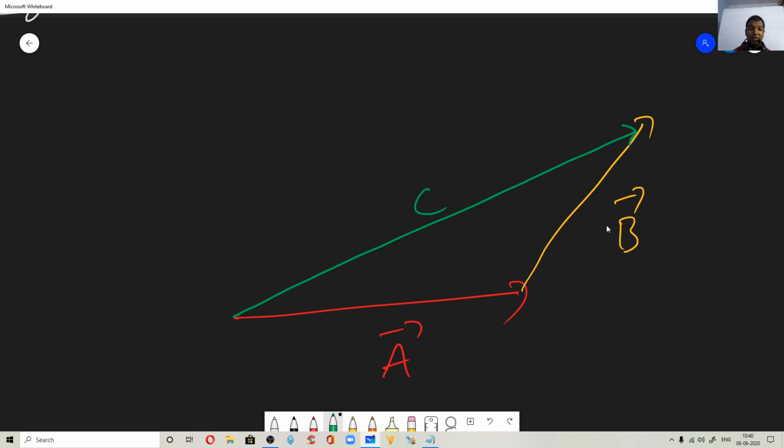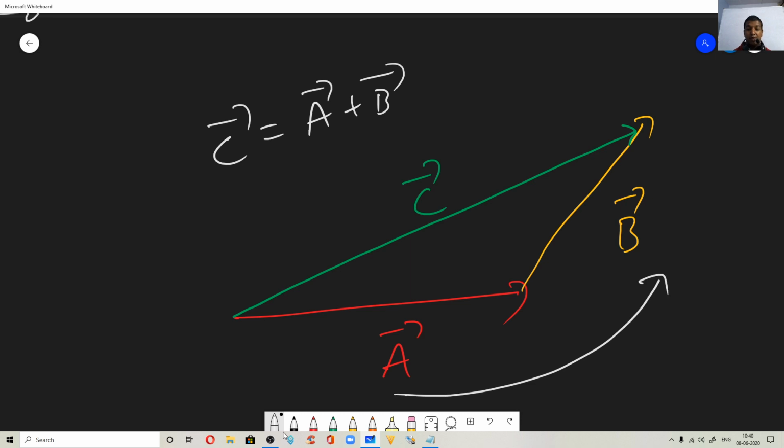So this is the vector sum of A and B, so C, we'll call it A plus B. Now the direction is important. If you have arranged them head to tail in this particular diagram, see the direction from A to B. It looks like they are in anti-clockwise direction, correct? A and B are arranged so that the arrows go anti-clockwise.